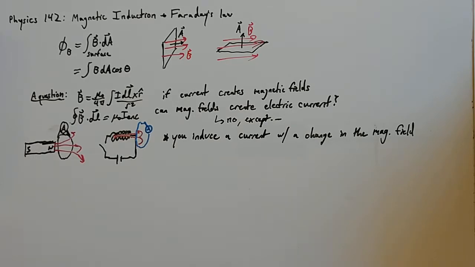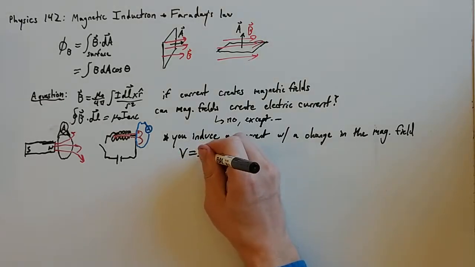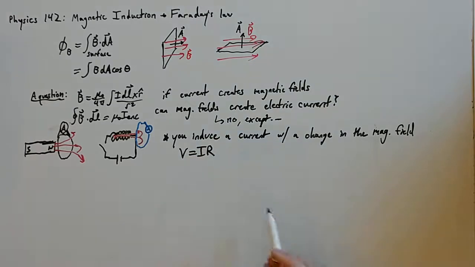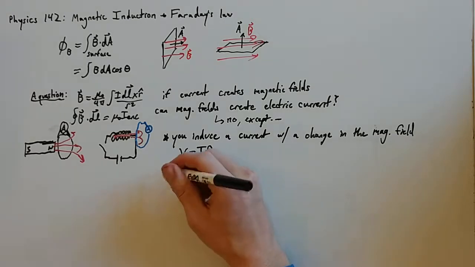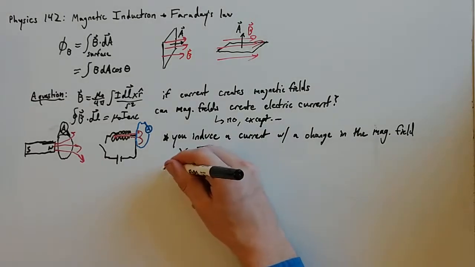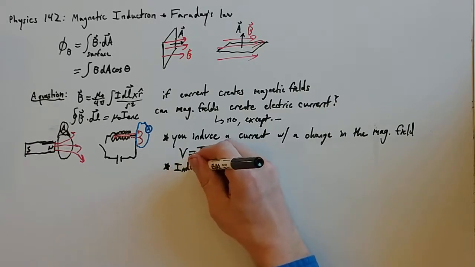I should mention one other thing. Well, if you're inducing a current, that also means that you're inducing a potential difference, right? We know that potential, V, is current times resistance. So if you induce a current, you also have to induce a potential difference. And so that's another important thing that we need to write down here,